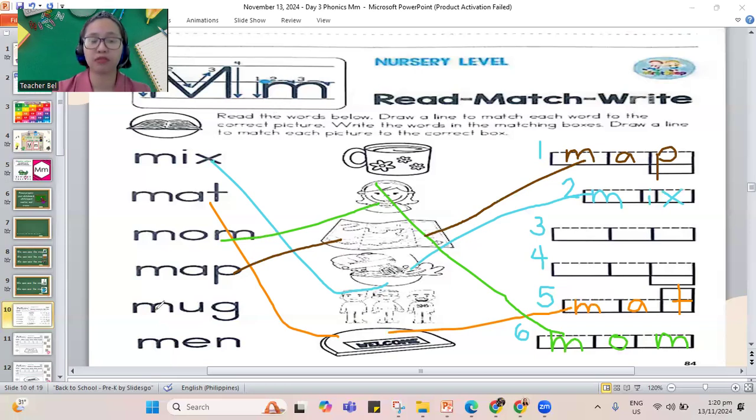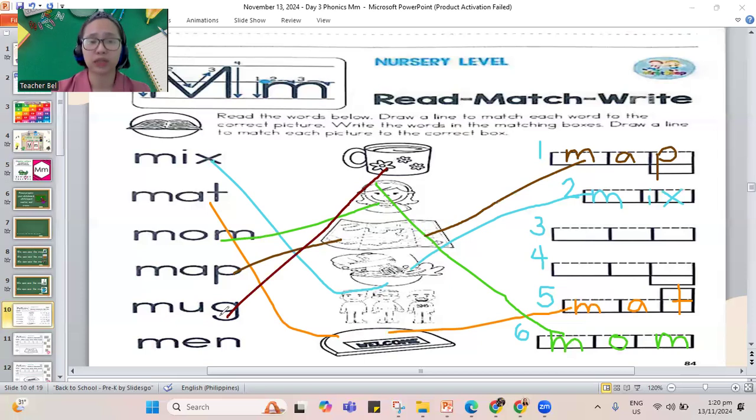This time we have mug. I can drink water from the mug. Where's your mug? The one here that we use for drinking. It's the mug. Now, where can we put mug? Mug has the letters M and U, both alligator letters. It ends with G and it's a cat tail letter.